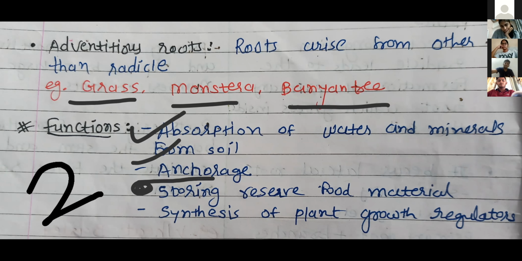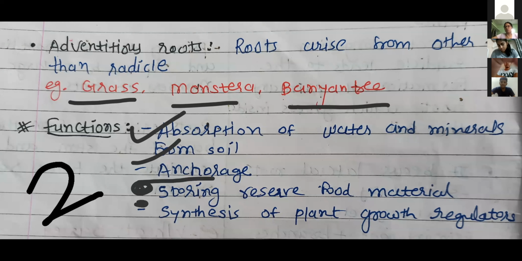Always remember, which part of the plant prepares the food? Which part of the plant prepares the food? Even a small child can answer this. Sakshi, say it. Ma'am, leaf. Yes, the leaf prepares the food. But if extra food is prepared, then it is stored in the root in some plants, in the stem in some, in the leaf in some. Here we are talking about the root. So some plants store reserve food material. We will see their examples.